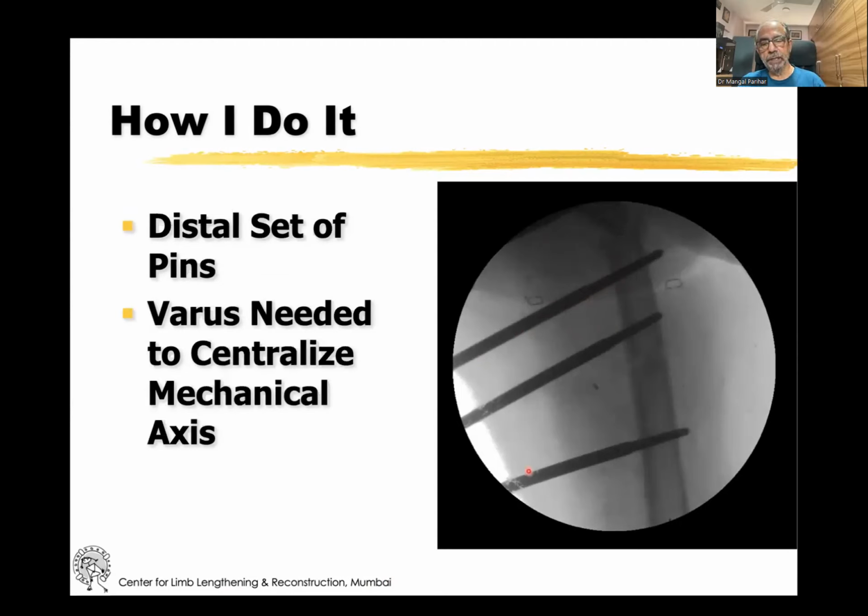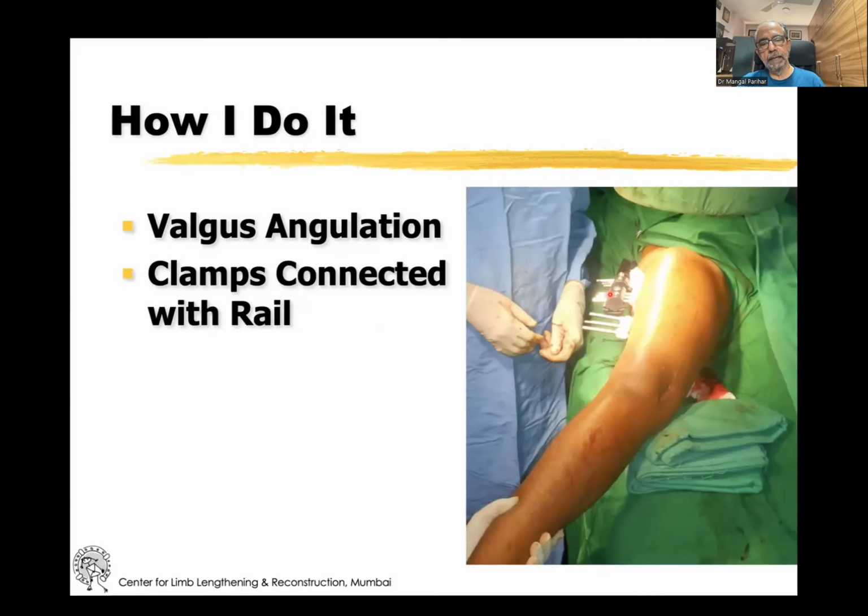Now, this set of pins is being put at an angle so that when these two pins become parallel, that amount of varus, which was, let us say, 15 degrees, which we had calculated there, that amount of varus will come in. Again, once you put in one pin, then you can use that pin itself as the template. And the important thing is that these two pins now, in my situation, because I've already corrected the rotation here, they should be in the same plane.